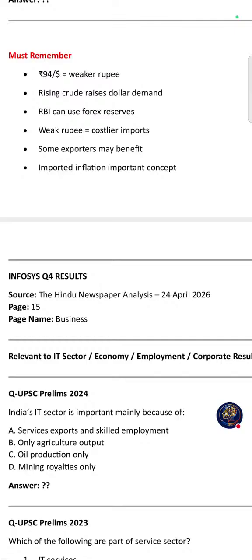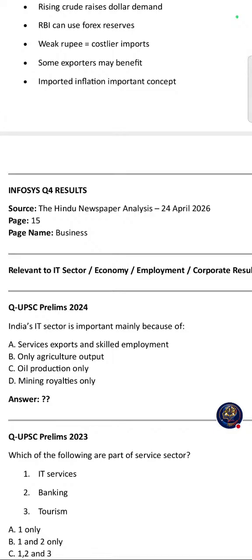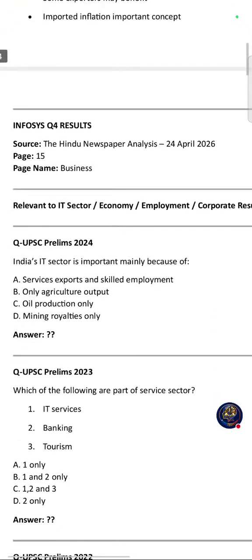Rising crude rises dollar demand. RBI can use forex reserves. Weak rupee means costlier imports. Some exports may benefit. Imported inflation, important concept. So you have to remember all these things. Next,